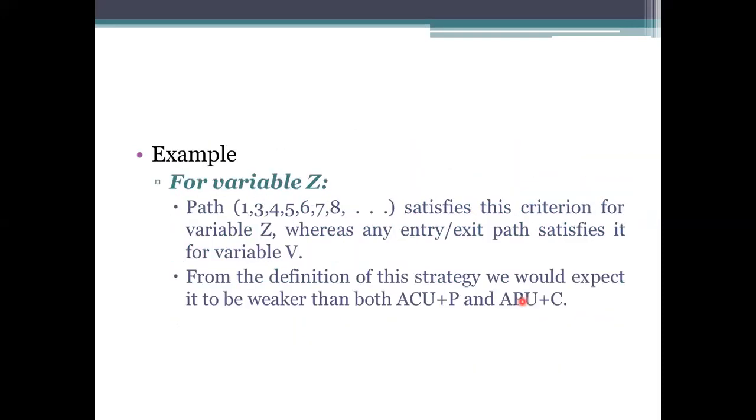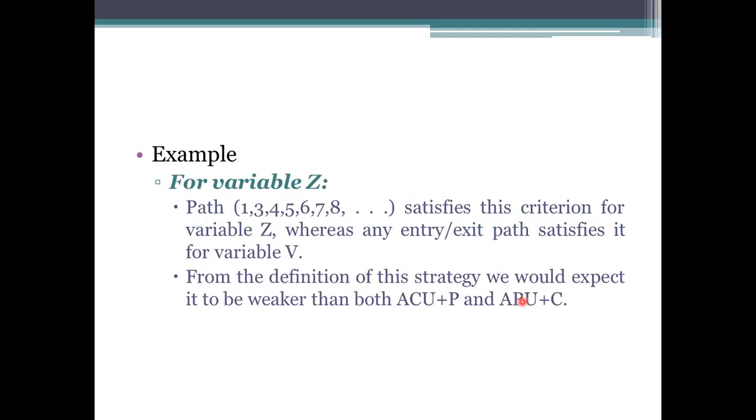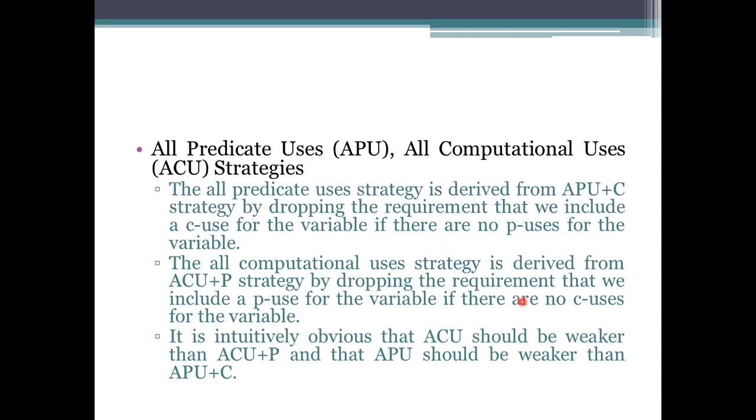So the next one is the definition strategies, which checks whether all the definitions have been covered at least once, that is, used for computation or not. We have seen that they have been used in the computation, and also used in the predicate at least once. We have seen all the variable examples there itself. So each and every path after this D will include all the definitions we have specified. And then coming to the last one, all predicate uses and all computational uses.